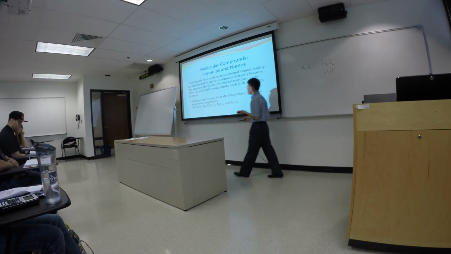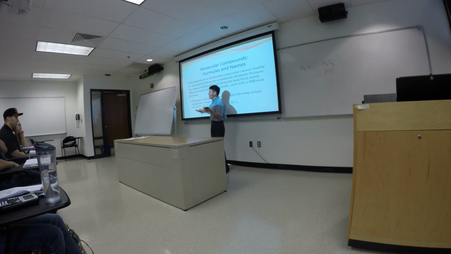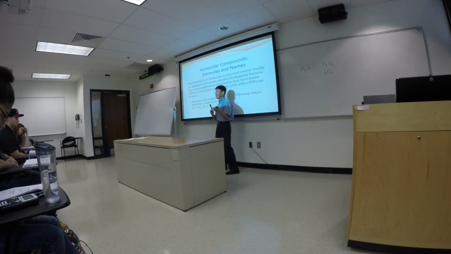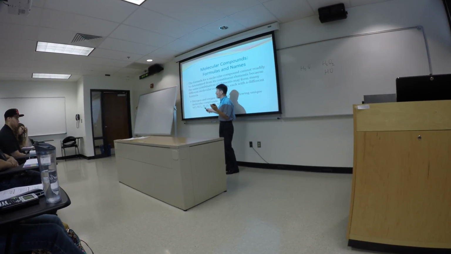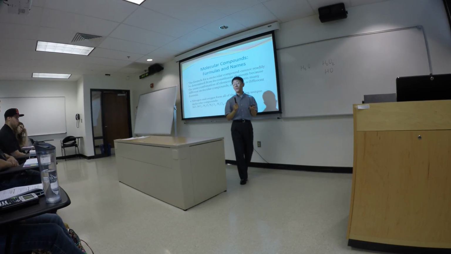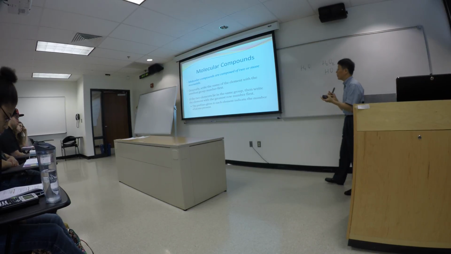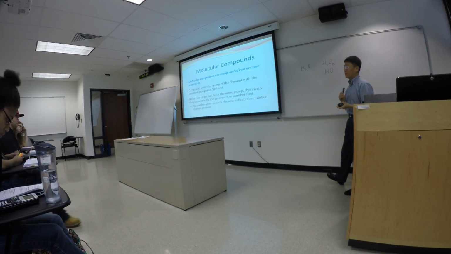So, for example, we can have nitrogen monoxide, 1 nitrogen, 1 oxygen, nitrogen dioxide, 1 nitrogen, 2 oxygen, and dinitrogen monoxide, 2 nitrogens, 1 oxygen. Okay, so in your textbook there's again that color-coded nomenclature system. That's something that we want you